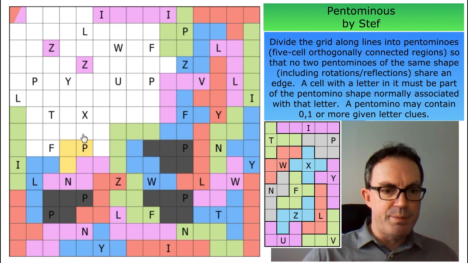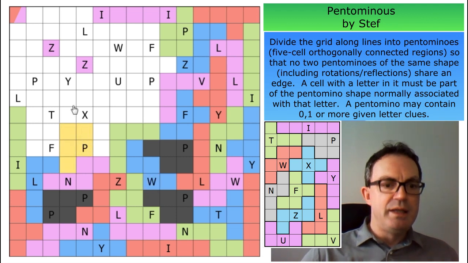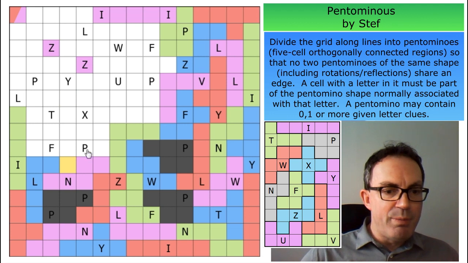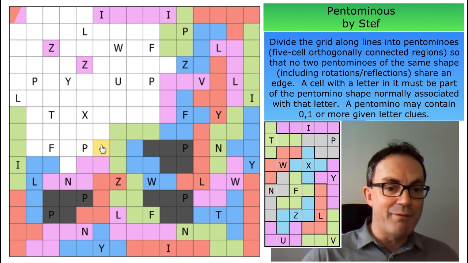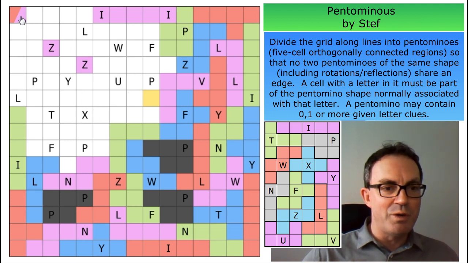Now if that's a P... Yeah, okay. This square can't be part of a P because you'd have to draw the P like this, and this square would have no valid option. Nothing can reach it. Remember, everything here has to fill all of the white space. The only doubt, I think, is what's going on in the top left corner. Everything else is sort of overt now, so that means this has to be part of the F,